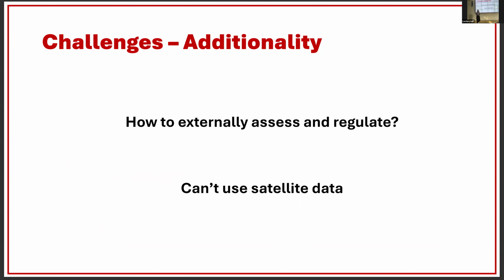So how do we externally assess and regulate this? How do we ensure that these sites actually were threatened or actually have been restored? I don't have an answer for this. For the carbon market and for other previous assessments of biodiversity offsetting schemes, we've used satellite data. And so for these forest carbon schemes, when we use the satellite data, it's not always the case, looking at me slightly surprised, but most often we use satellite data.